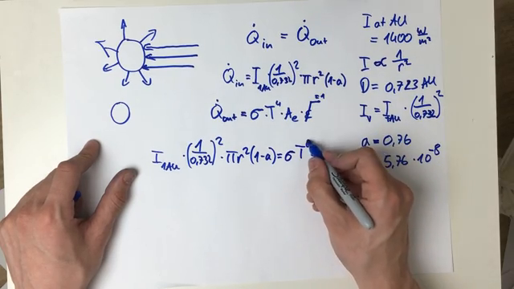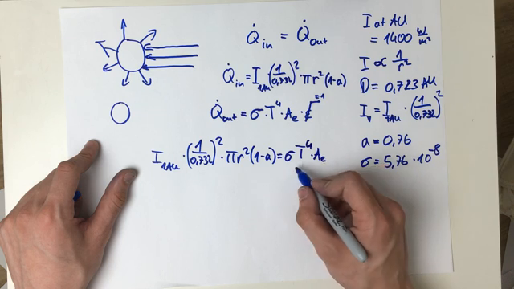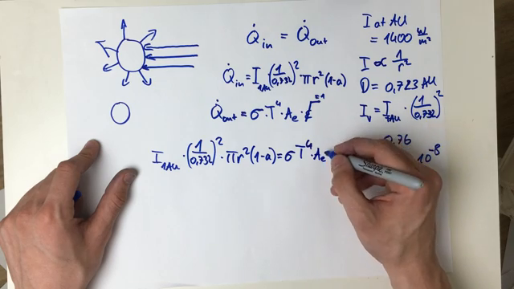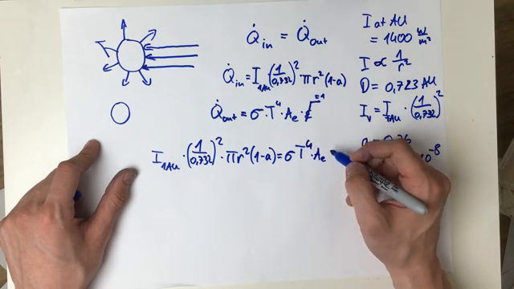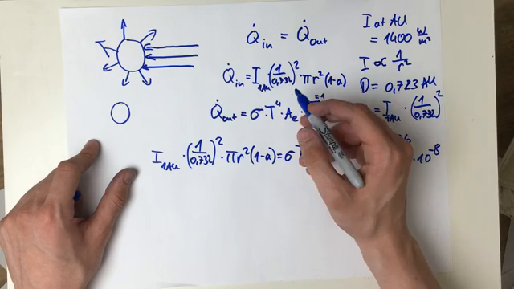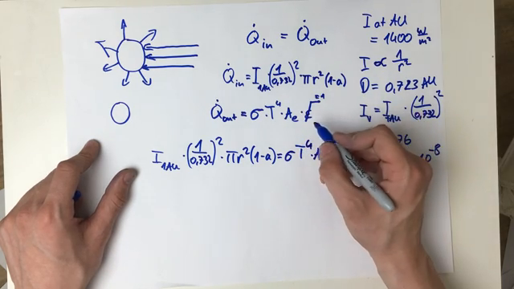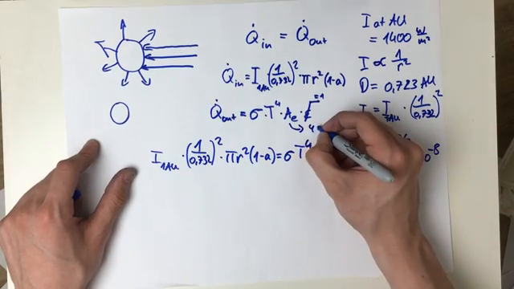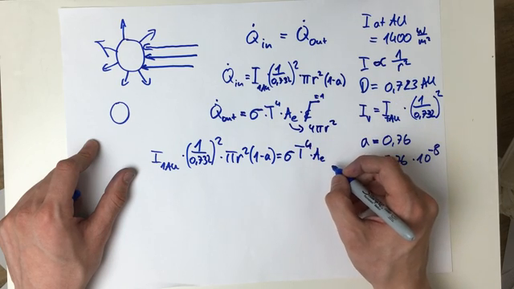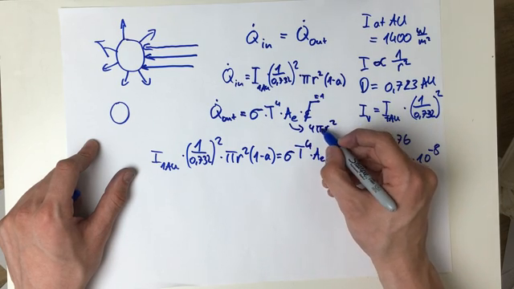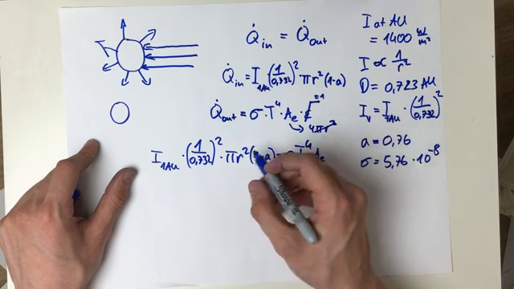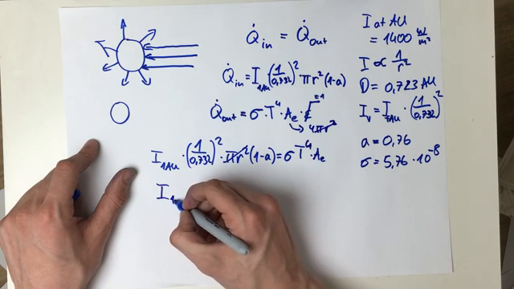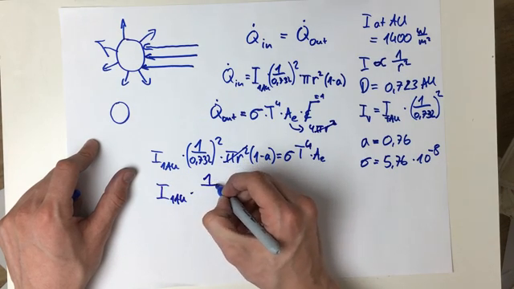Now we can write this in terms of T. So we just divide here by the sigma and A E. A E, by the way, is going to be the area that it is emitting over, and because we have a sphere, it's 4 pi r squared. And if we substitute this into it, the pi r squared is going to cancel out. So we will end up with the intensity at 1 AU times this